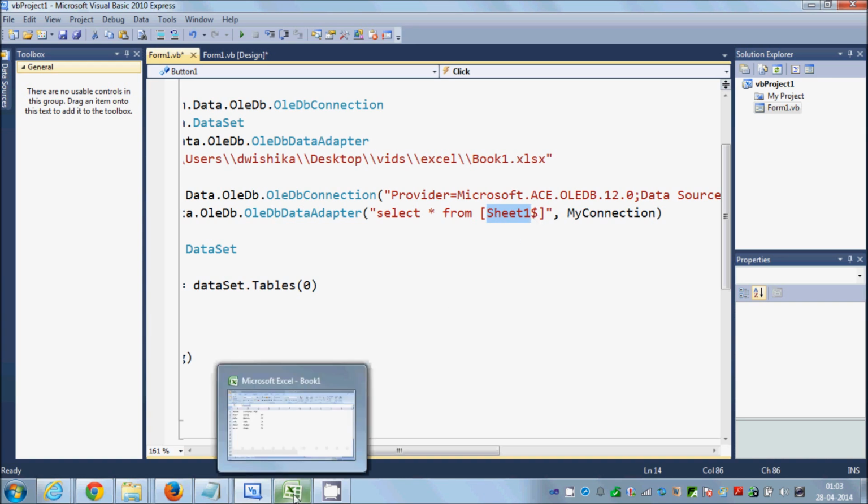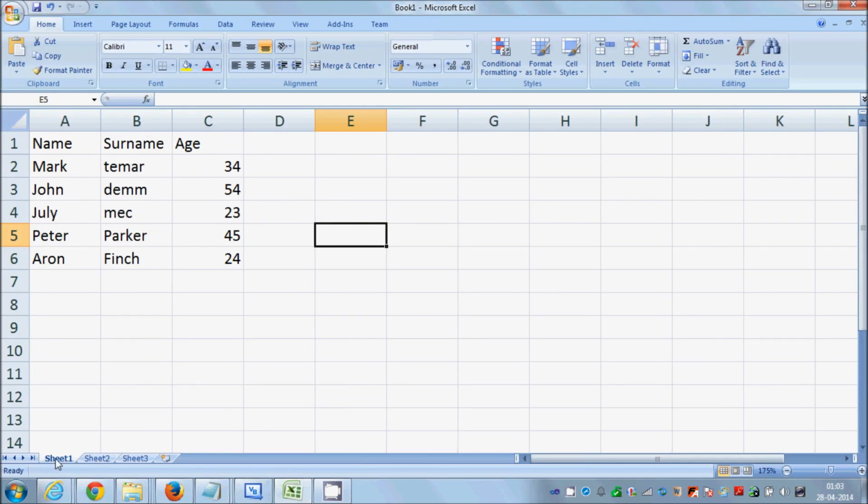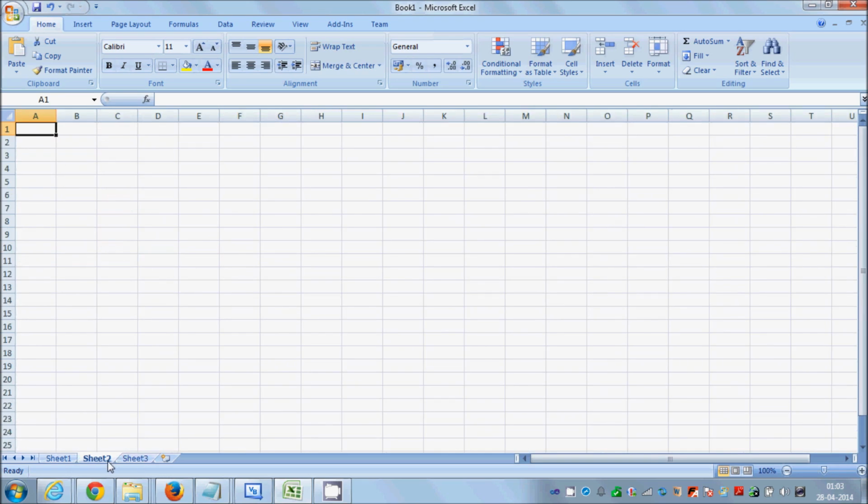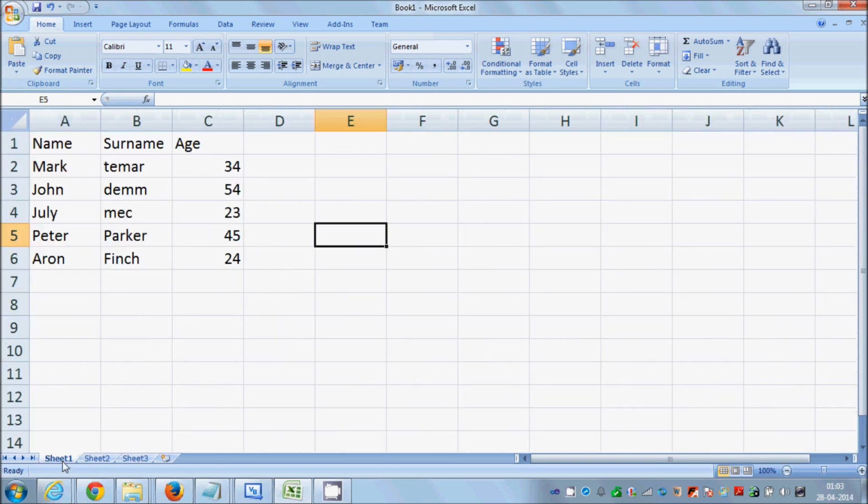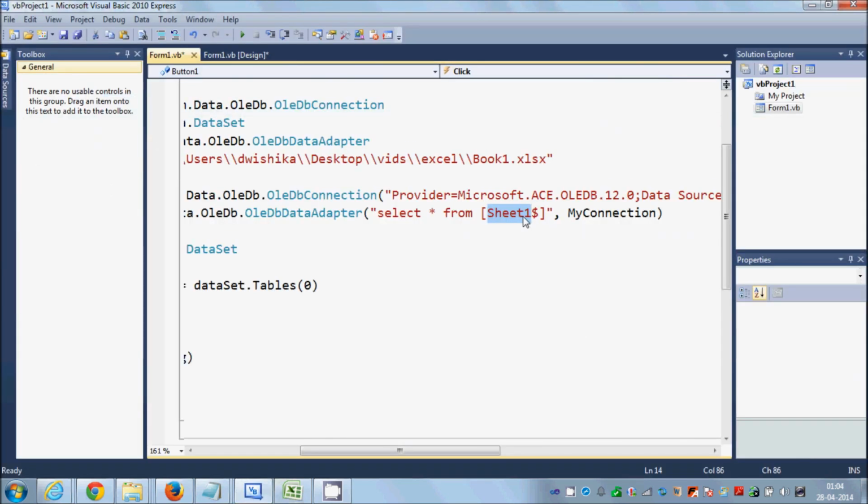Okay, so what is the sheet number? Sheet number is this sheet number. So right now you can see here my Excel document contains sheet number 1, sheet 2, sheet 3, right? When I click these sheet number here, so my data is in sheet number 1, that is the name of the sheet, right? So just copy the name sheet 1 and just write it here, sheet 1, and then just give this dollar sign